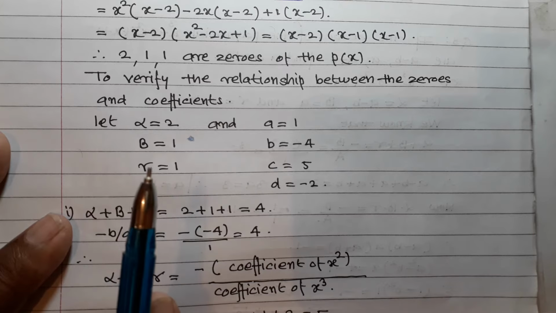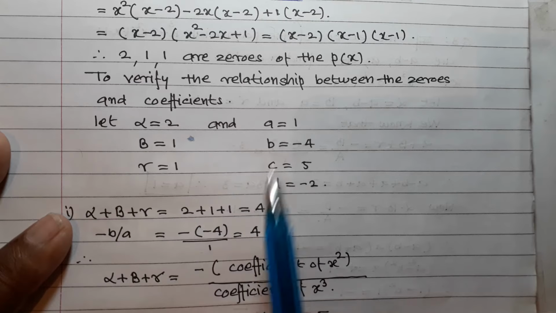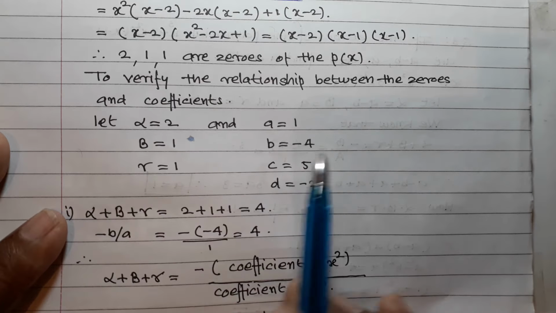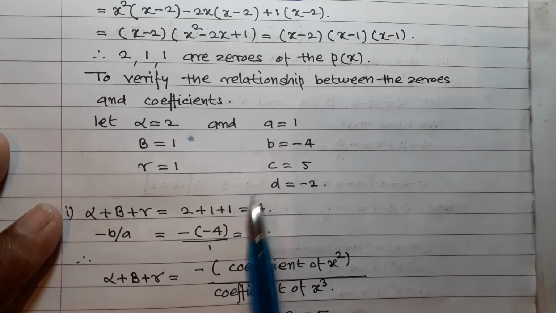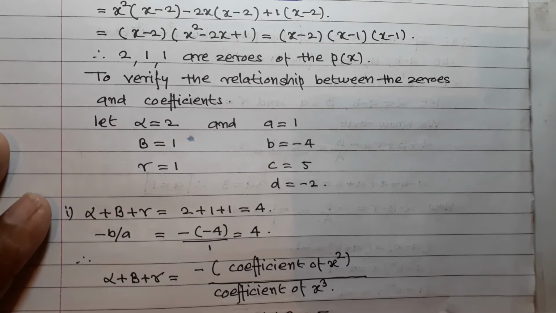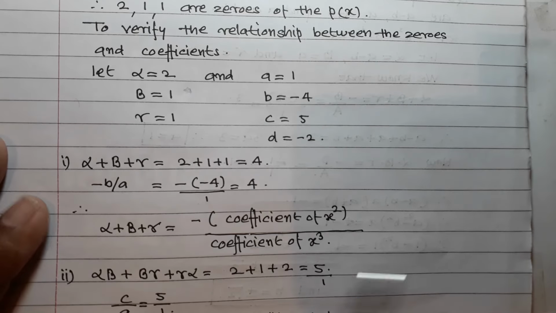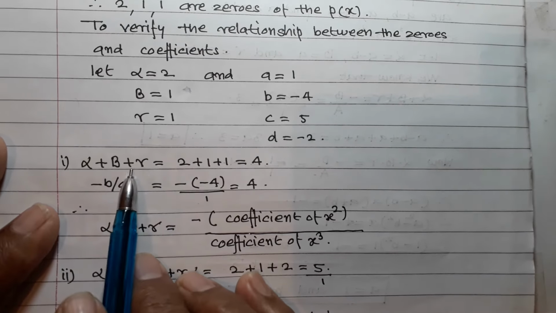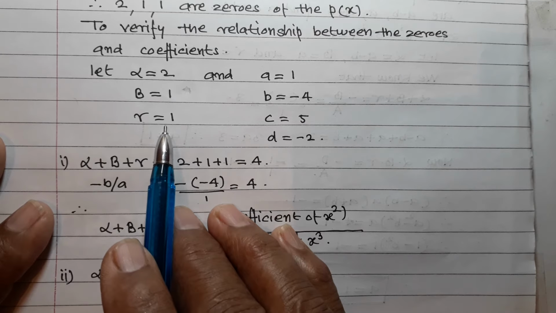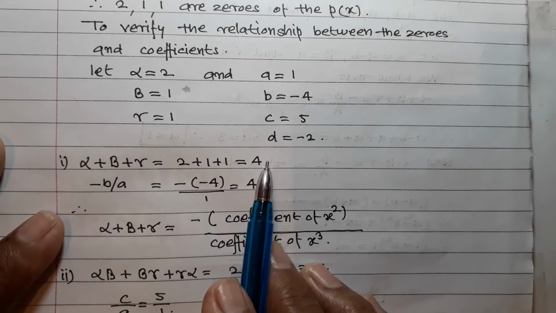Compare with the standard form of the polynomial, so that a is equal to 1, b is equal to minus 4, c is equal to 5, and d is equal to minus 2. And then write the relations. Alpha plus beta plus gamma is equal to 2 plus 1 plus 1, that is equal to 4,